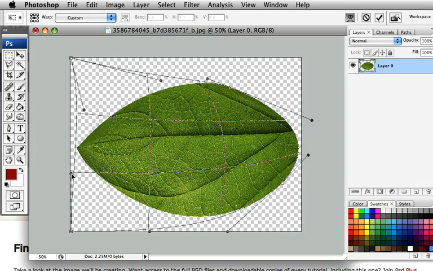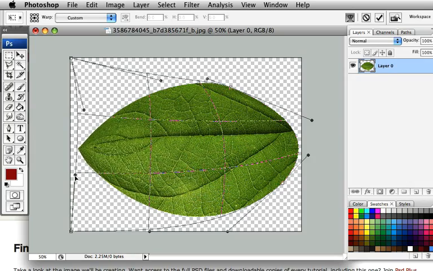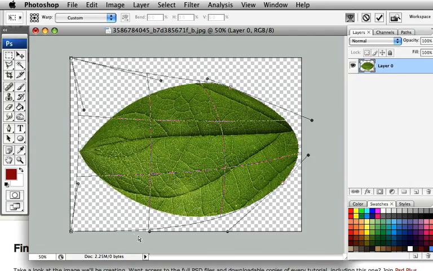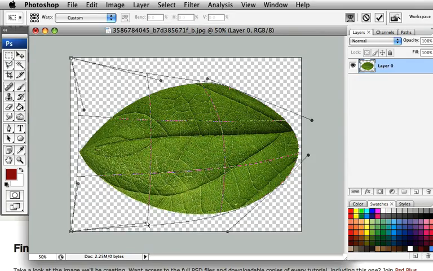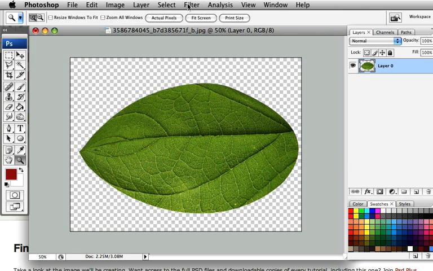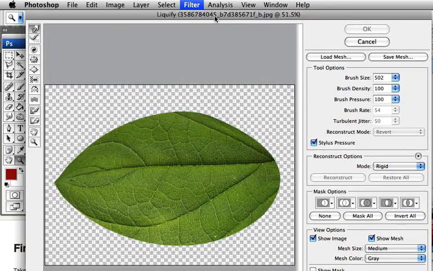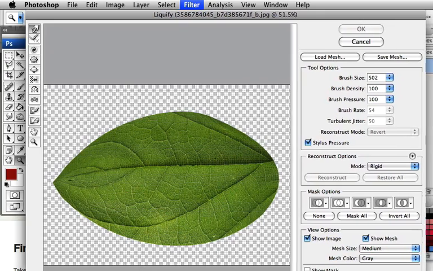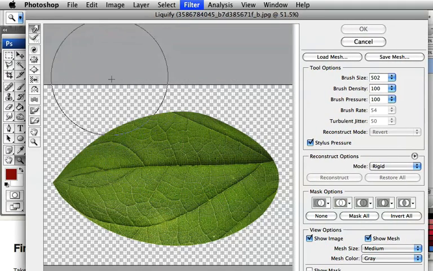Okay, and just tweaking all the little arms and anchors until we get something we're happy with. Hit enter. I'm going to quickly fly into the liquify tool. Okay, now what I'm going to do is, using the forward warp tool, I'm going to bring my brush size down. I'm just going to push in